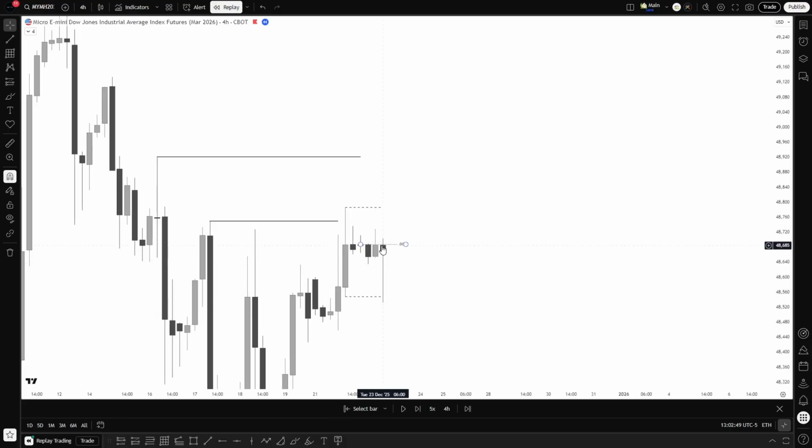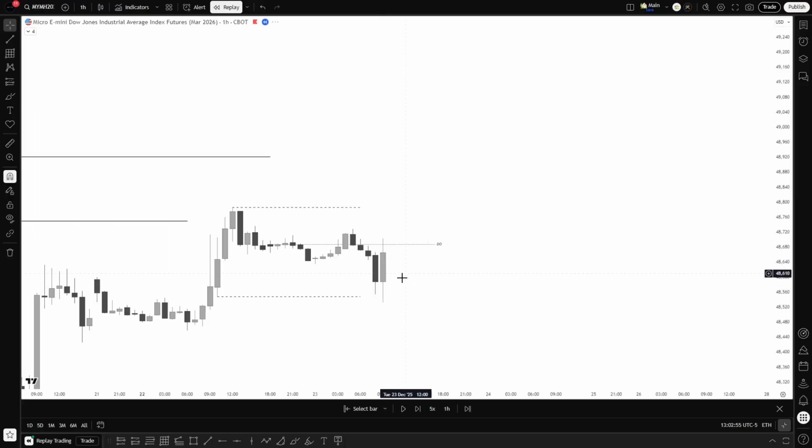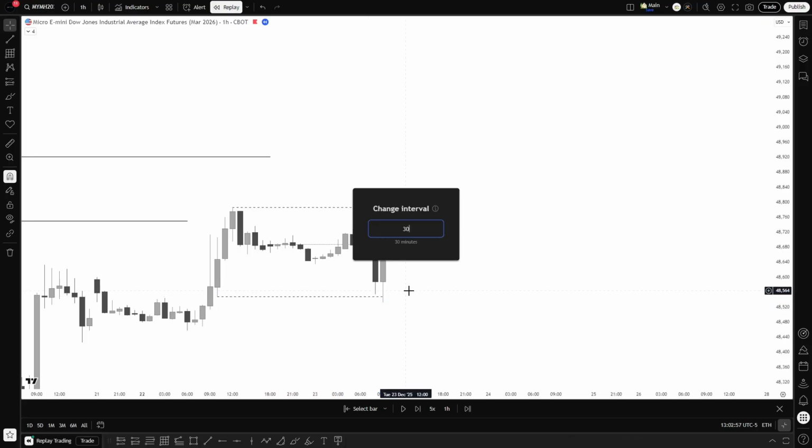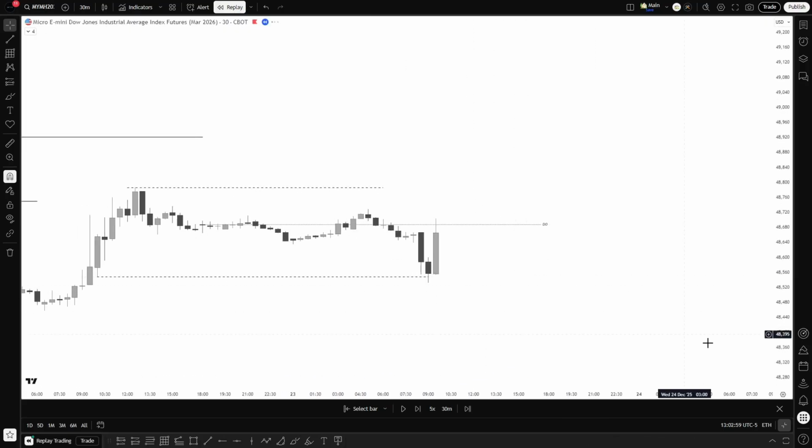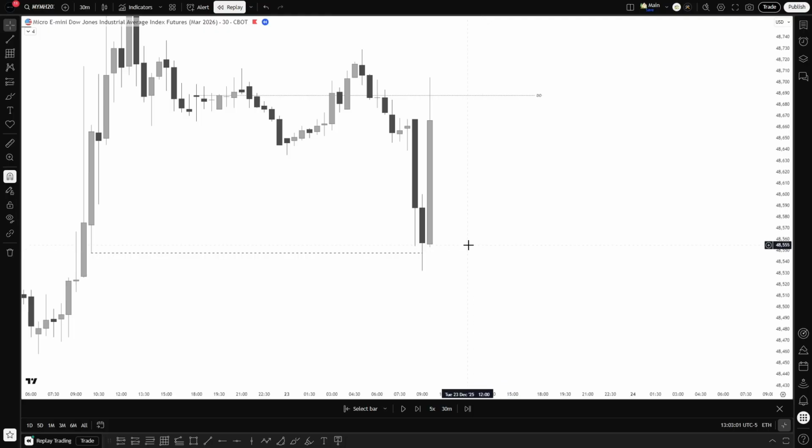I can't trade, this is why I didn't trade during 6 a.m. or during the driver, because of the 6 a.m. candle, it didn't support expansion. Right, so actually on the 30 minute, you'll see that price at 9 a.m. reached this key level, put in that reversal prior to the driver, and even then at that point,